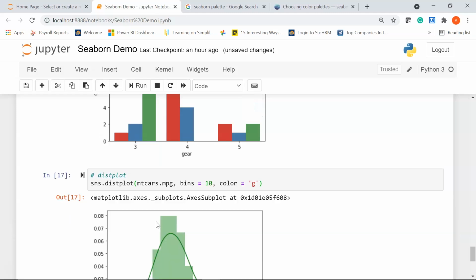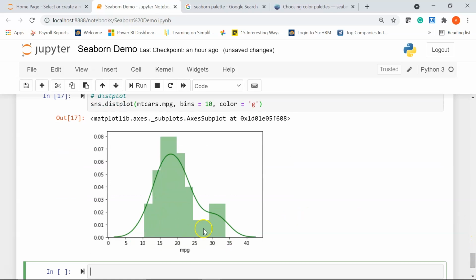Let's run it now. There you go. If I scroll down, you can see we have a nice distribution plot. So these are all histograms, and you can see we have a smoothed curve, and this shows the distribution of miles per gallon that is present in our dataset.